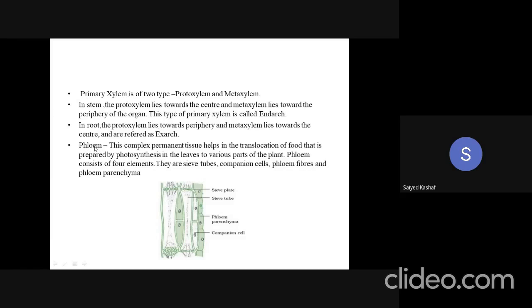Phloem, this complex permanent tissue helps in the translocation of food, that is,